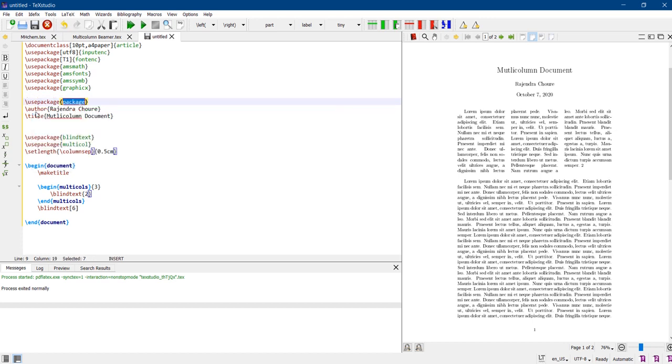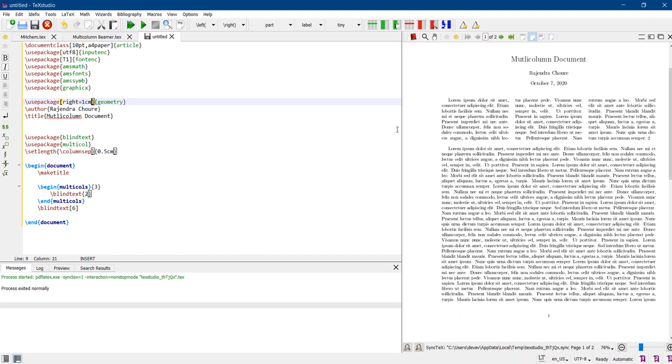Use package geometry, and in geometry options we'll use the right margin slightly reduced, that is 1 centimeter, and we'll see the effect that 3 columns are now slightly wide, because we have played with the margins. But I don't recommend to play with the margins, but if it is necessary then you can.